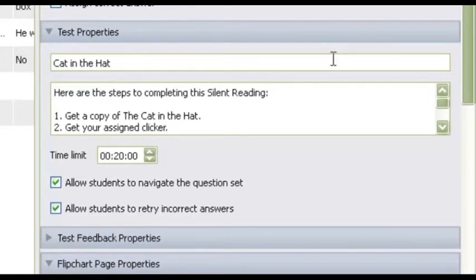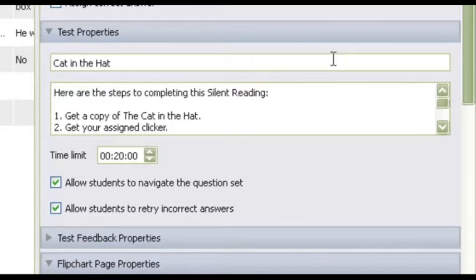You can choose to set a time limit. If you want it to be a short test, you can make it 5 minutes, 10 minutes, or if you want it to be as long as they need, you can set it for something very long, such as 2 hours or 3 hours, because you can always stop the test at any time. This is also helpful when you have a test going when students come into the room in the morning and pick up an active expression to get started, but you don't want it to time out because they're coming in and starting at different times. In that instance, you could set it for 2 hours so you know that they will be done because they have to be done when you're ready to start class.